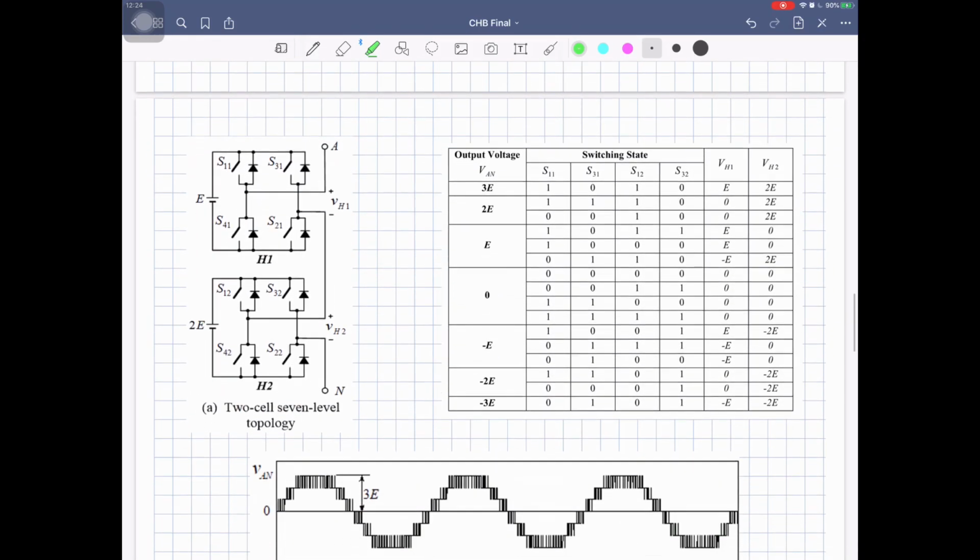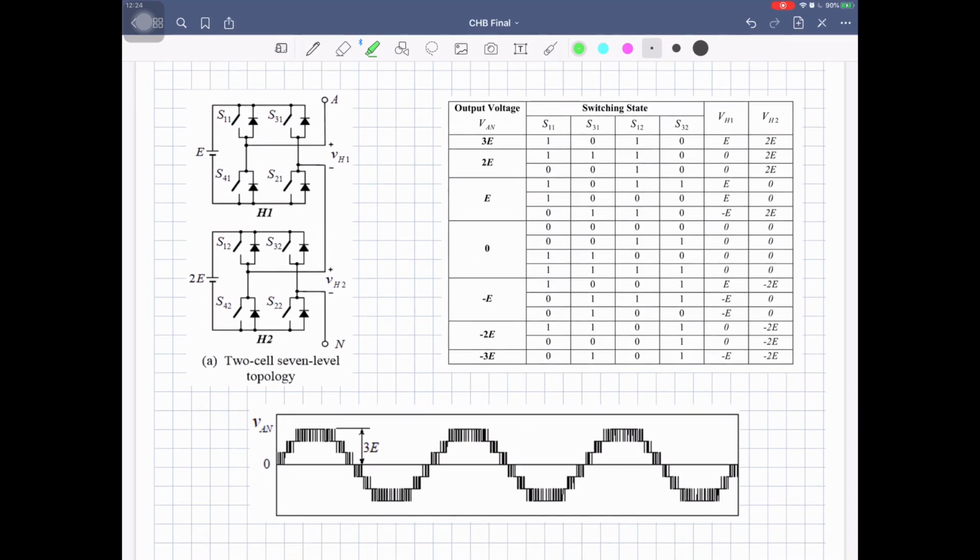Okay, now let's look at the case when we have the unsymmetric cascaded H bridge. What do you mean by the unsymmetric? You can see over here the first H bridge is with the voltage supply E, and the second one is with 2E. Now with this, what voltage level can you get at the maximum? That is the sum of these two. From this inverter you will get either plus E, minus E, or 0 by applying the switching code. For plus E you will have to use 1 0, for minus E you will have to apply 0 1, and for 0 you will have to use either 1 1 or 0 0.